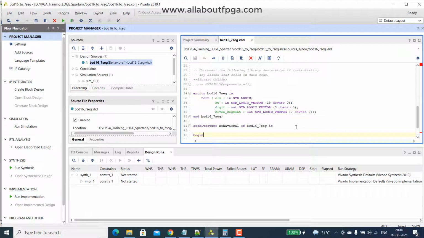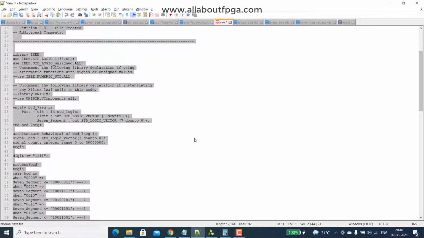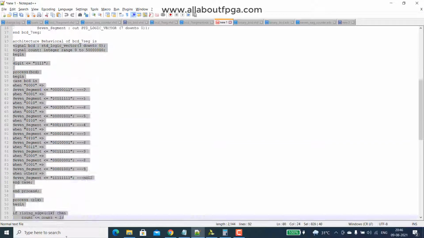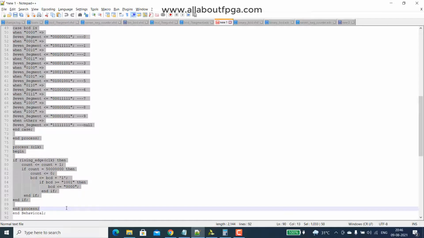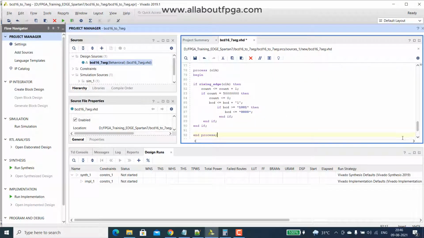Instead of copying the complete code, we copy the internal parts, from the signal to the process. Okay.